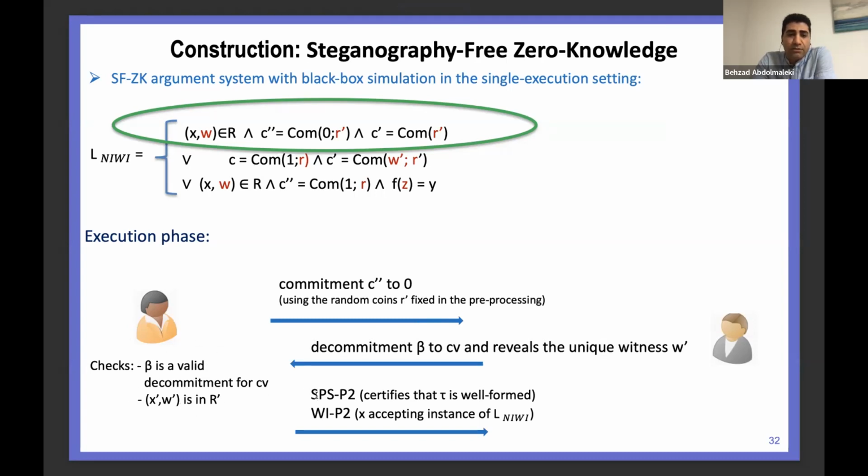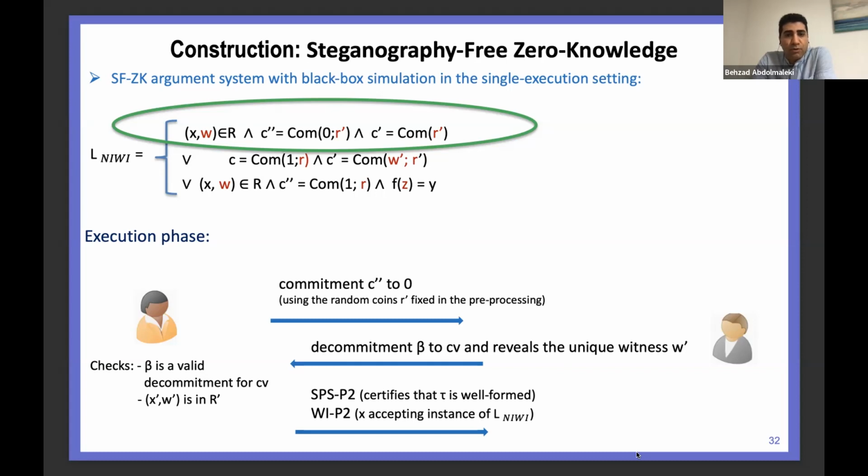After that, it creates the second message of SPSCK and the NIWI part. The second message of SPSCK says that the first message of the NIWI is well formed, and the NIWI part wants to prove the first branch of the